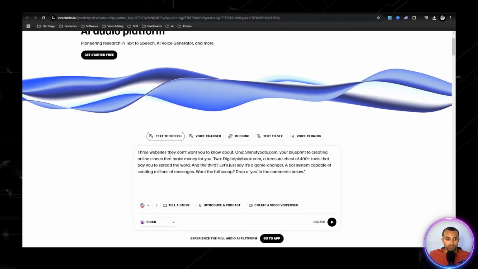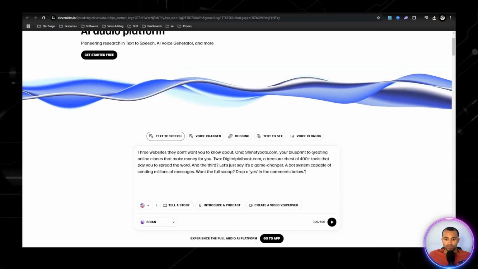Good. So 3 websites they don't want you to know about. 1, shopifybots.com, your blueprint to creating clones. 2,